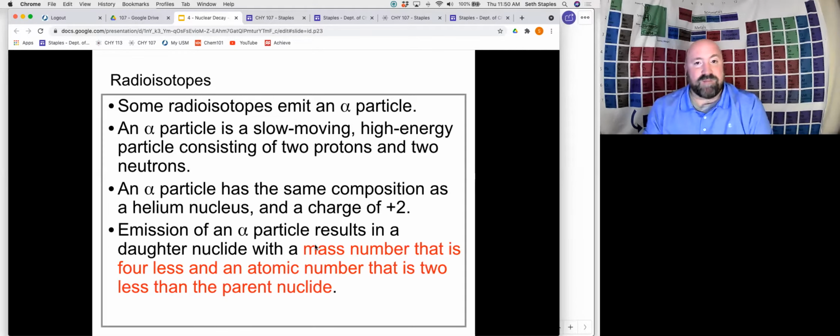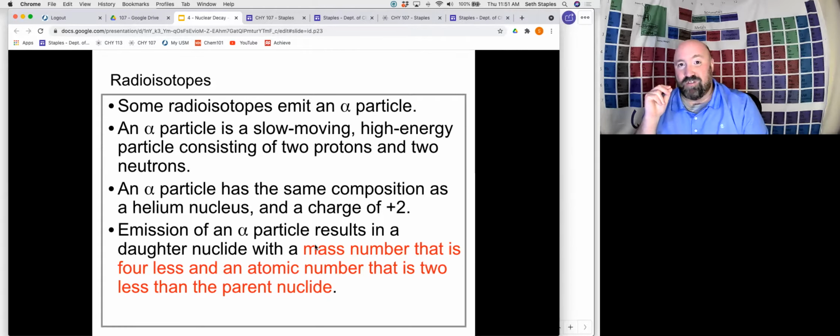One of those particles that might be emitted is called an alpha particle. Some radioisotopes emit alpha particles. An alpha particle is a very slow moving, very high energy particle that consists of 2 protons and 2 neutrons. It's essentially a helium nucleus in that way, and so it has a charge of +2. This means that when an alpha particle is emitted from a nucleus,